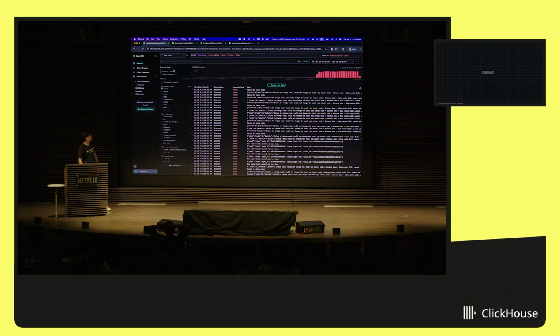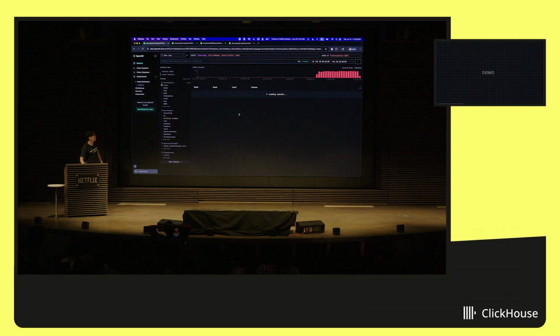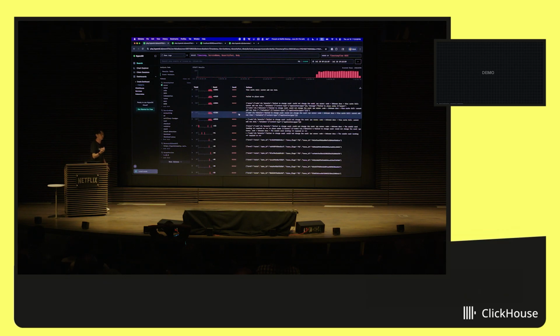So one thing that we have really neat is something called event patterns. That's something that was kind of shown a little bit earlier. It's the same concept where instead of going through individual errors, we can actually see the patterns of errors that are occurring. And this isn't just hard-coded to group by the exact message. We actually do some pattern mining as well. So it will wildcard out things like numbers and other values automatically and try to group together similar logs without you having to define any regexes ahead of time as well, which is kind of neat.